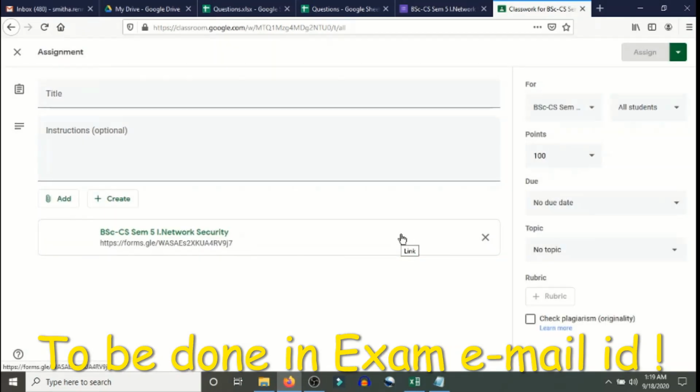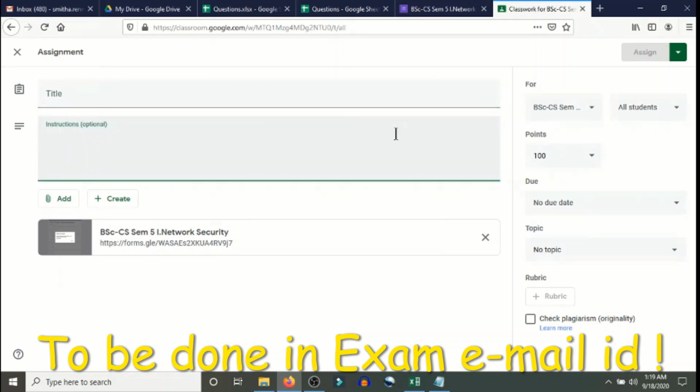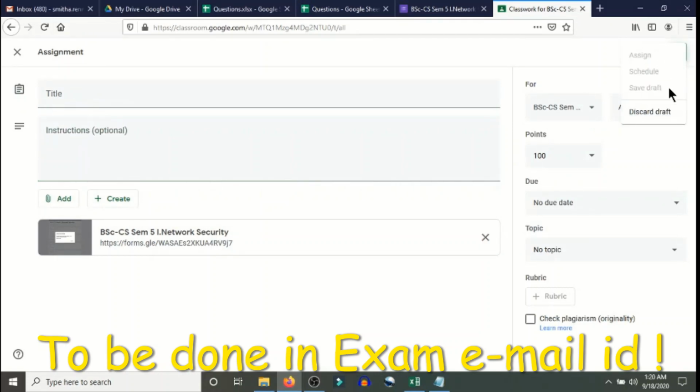Once you do that, that particular form will be available here. Then you can give the title and the instructions as per the exam department's instructions, and keep it as a draft only.